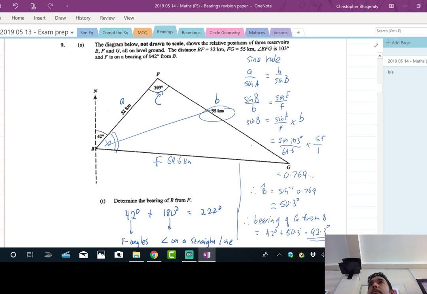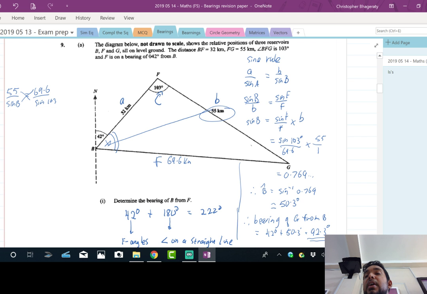Right. So you have to be careful how you're plugging it into your calculator, right? All right. Hold on. Call out again what you said you had for me. So you said you started off with 55 over sine B, and that's equal to what over what? 69.6 over sine 103. Okay. So the first thing we could do here is what they call cross multiplying. So you multiply each side by both denominators.